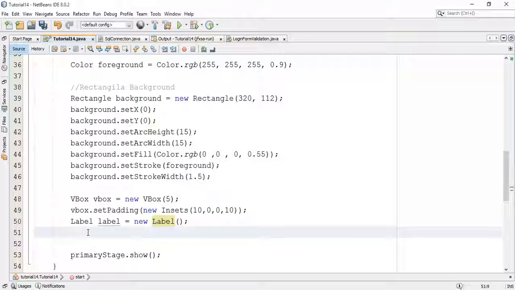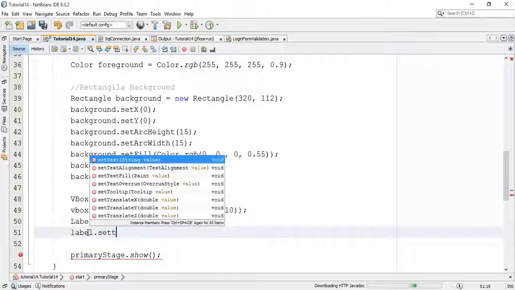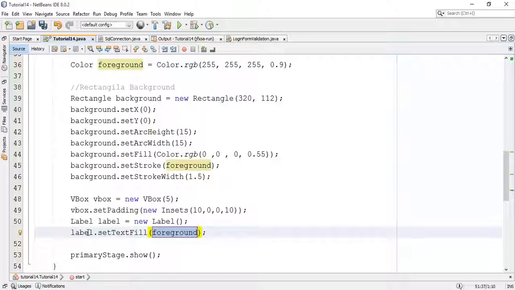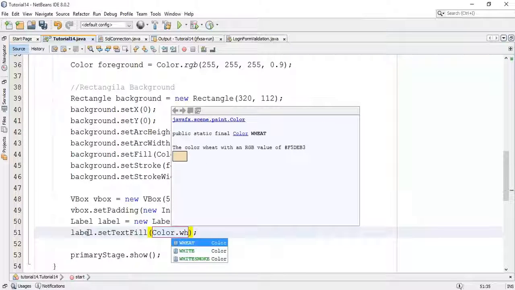Then set the text fill for the label. So label dot set text fill, and I'm going to add Color dot WHITESMOKE.